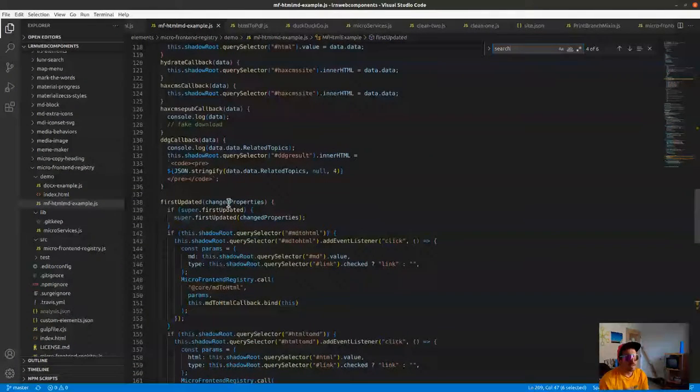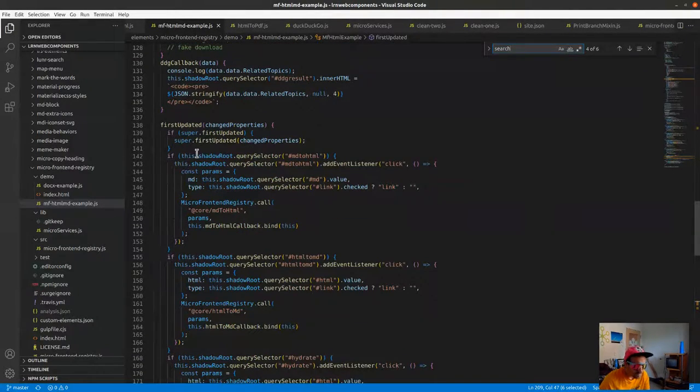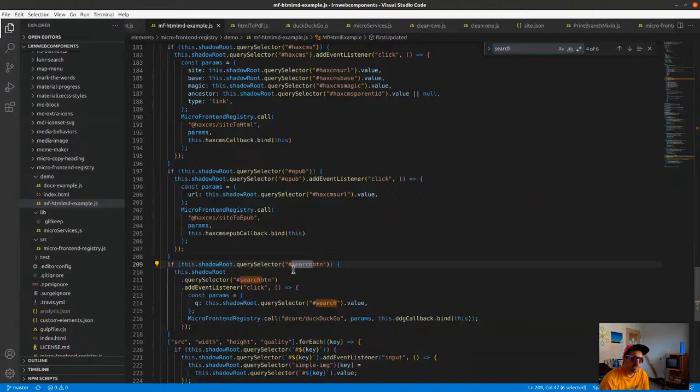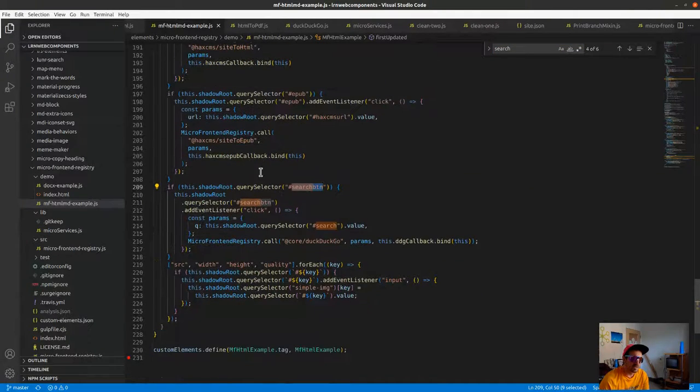So search, trace down a bit, right? Because this is purely an example element, just basically for writing this article. So on firstUpdated, which is a lifecycle hook in Lit Element, we are going to say, okay, well, do we have a search button in our shadow root? If we do, add a click handler. And then if it's clicked, we're going to run this anonymous function. The anonymous function is just going to very quickly take the search value from that input field, assign it to q, and then we're going to call